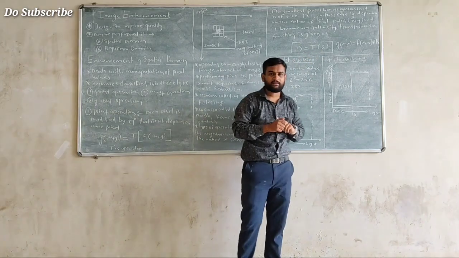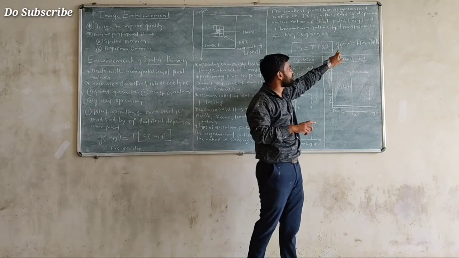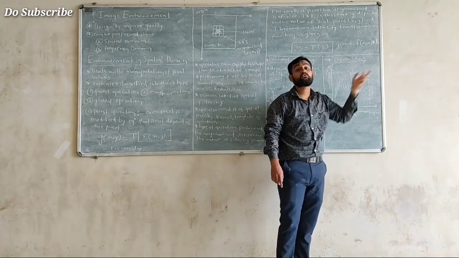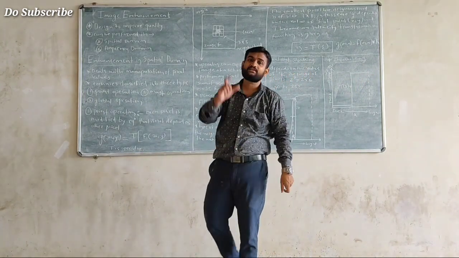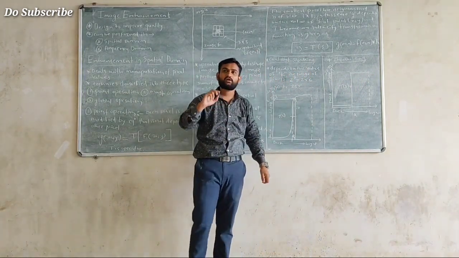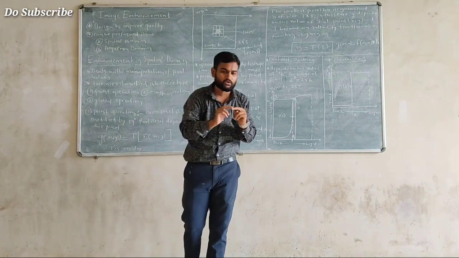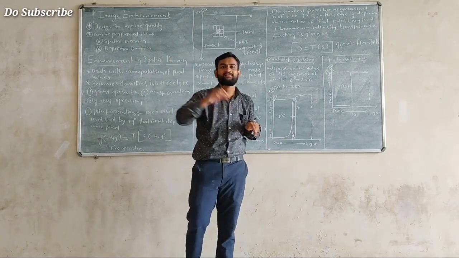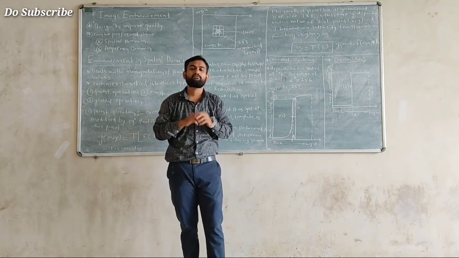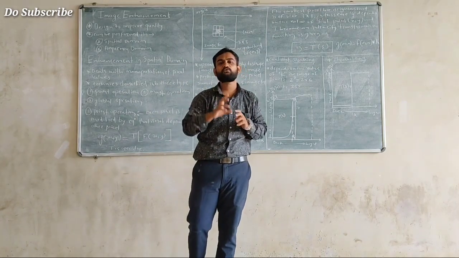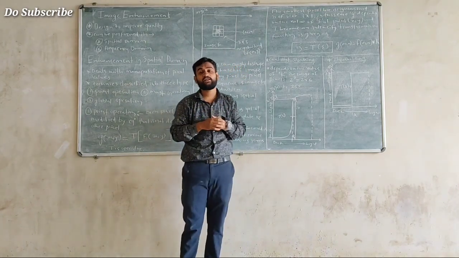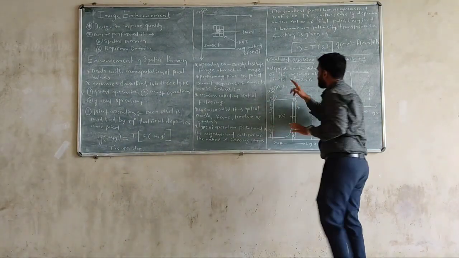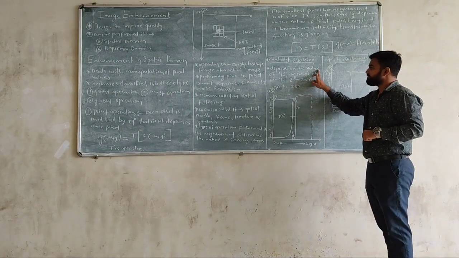Sometimes we can also represent the same equation like G of M comma N is equal to F of M comma N into K. So in contrast stretching, if we want to stretch the contrast of your image into a brighter zone or into a darker zone, that ultimately depends on the value of K. So the K value plays a very important role. If you want to understand contrast stretching, it depends on the value of K.